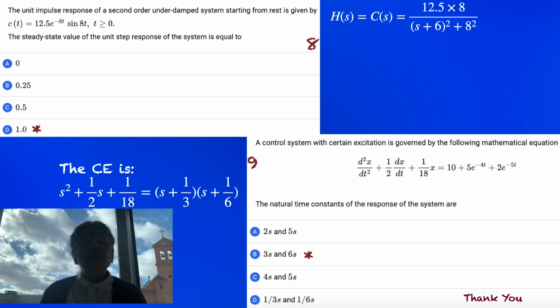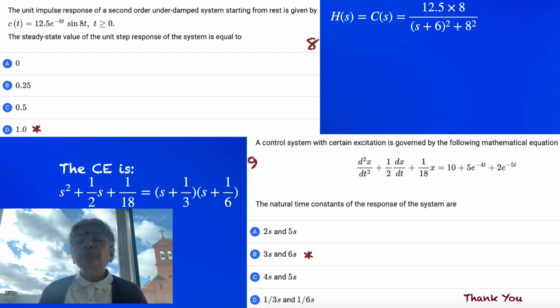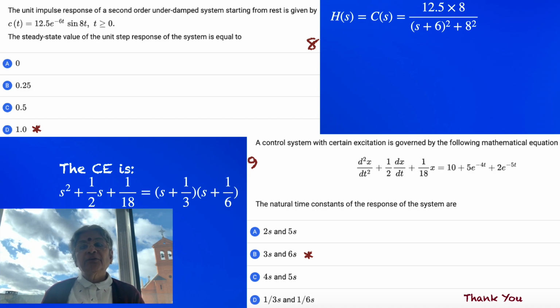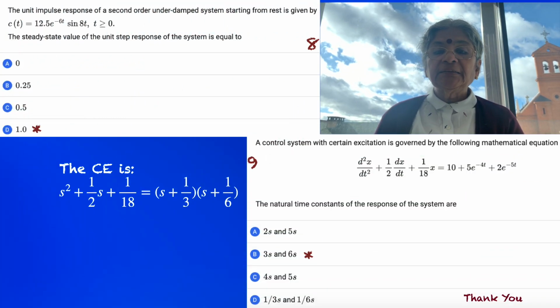So we have 6 square plus 8 square on the denominator, which is equal to 100. Then you have 12.5 into 8, which is also 100. So 100 by 100 is equal to 1. Very easy. Okay, so just as the last problem, where a control system with certain excitation is governed by